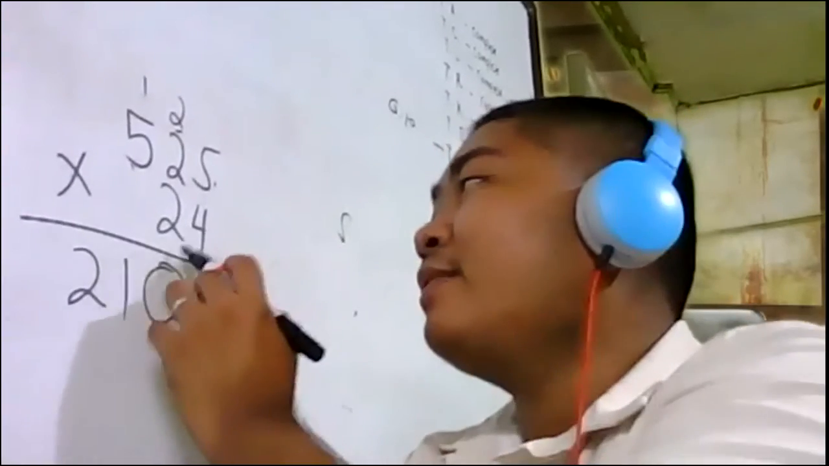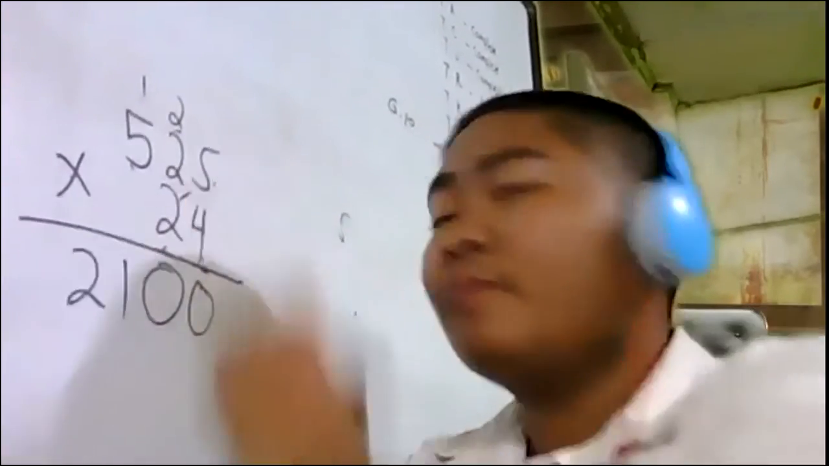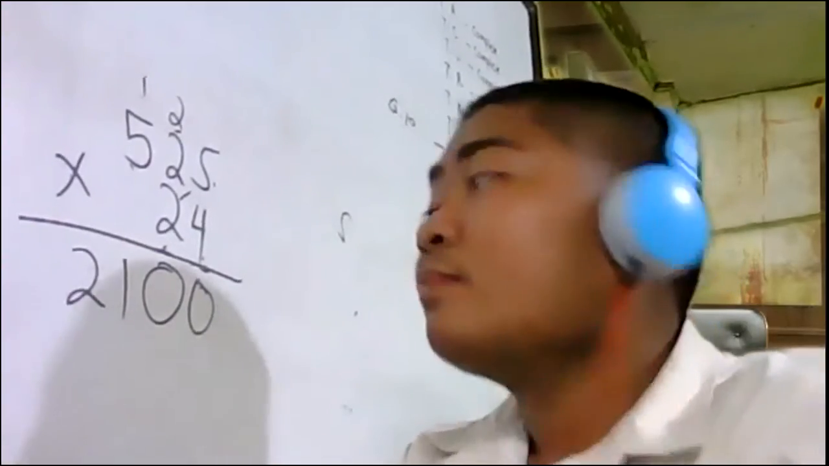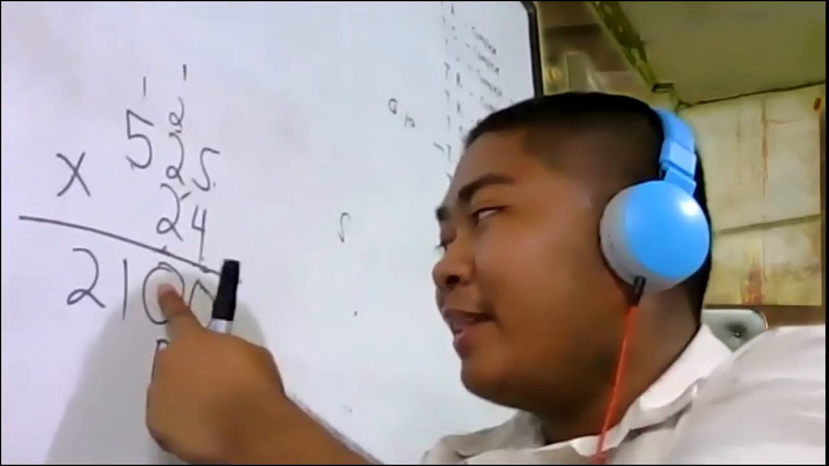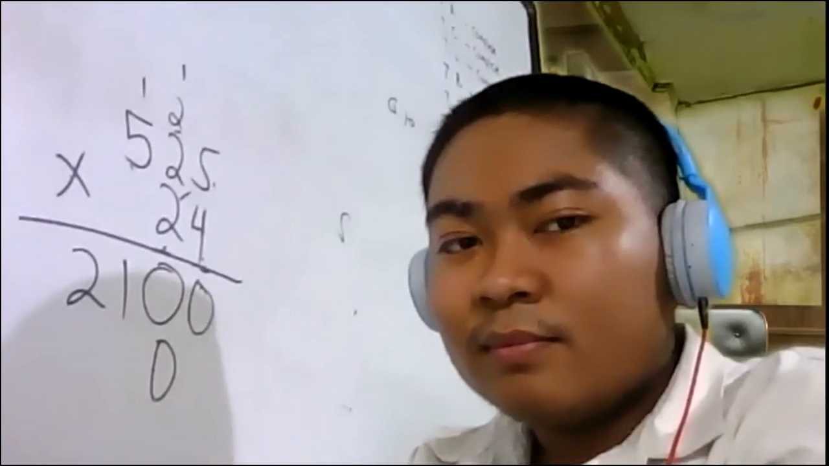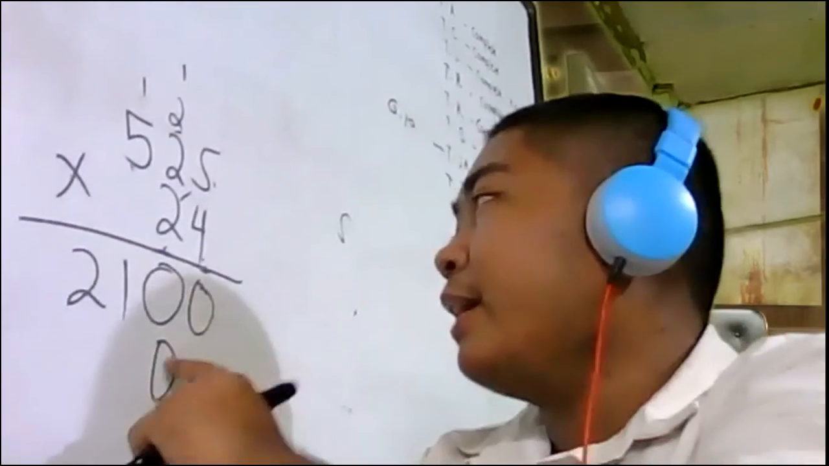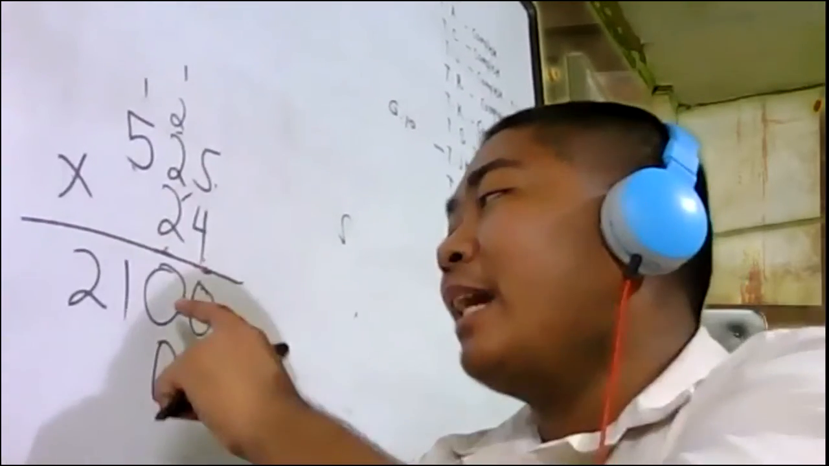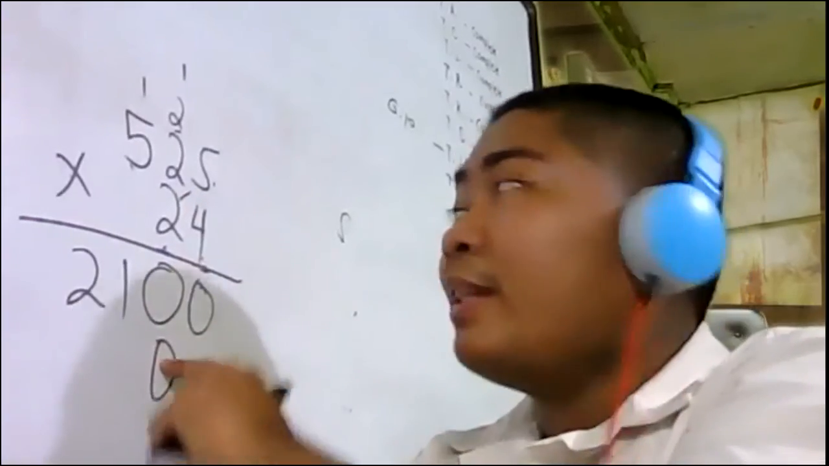How about in tens digit? So 2 times 5, 10. So saan natin siya isusulat? Sa tapat na ng pangalawang digit. Tama? Yes. Okay, are you still with me? Yes. Okay. So 2 times 5 is 10. So we write 0 and then